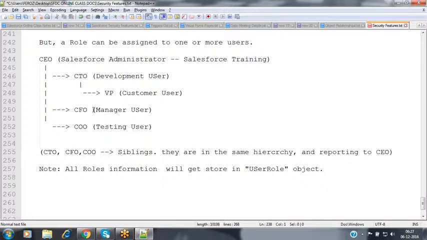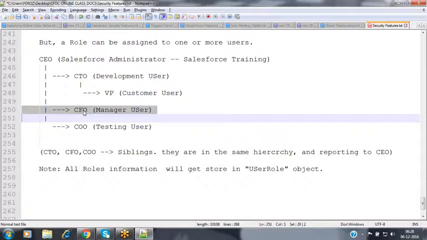Assume that I have a manager user. He is nothing but the CFO person. Whenever the manager person creates a record, this record has to be visible to the CFO person, nothing but the manager user, because he is the owner of the record. And as an owner, he will have full control on the record. Along with that, this record should be visible to the CEO also. But this record cannot be visible to the CTO, the vice president and the COO, because these people are in the same hierarchy and are subordinates. Only the owner of the record and his manager should have the visibility here. Other users in the organization cannot have access on that.